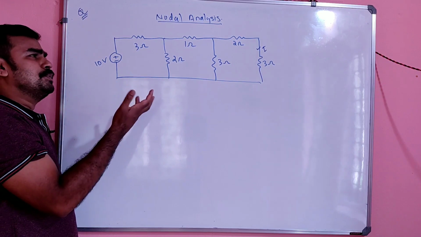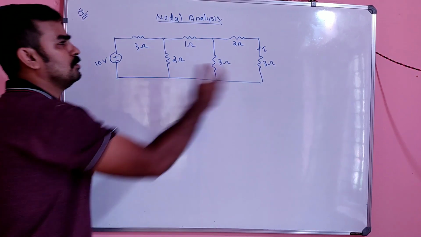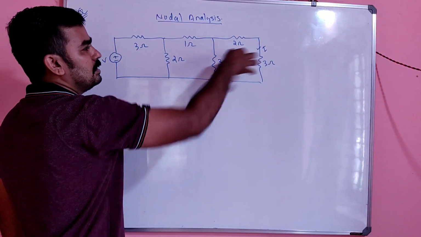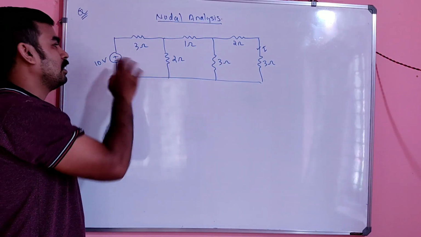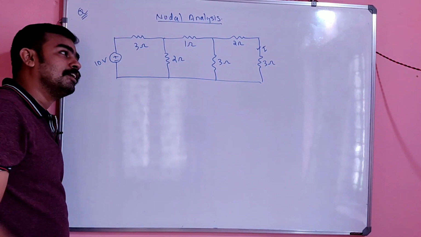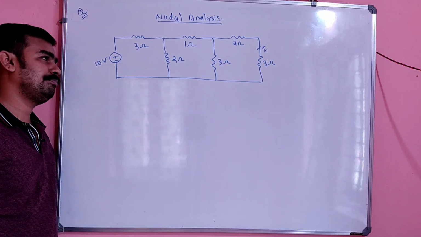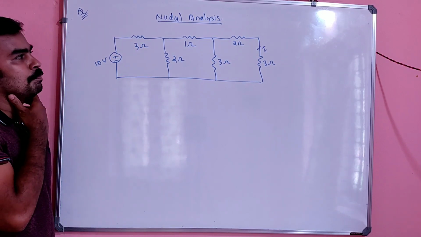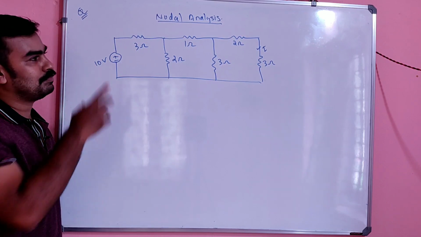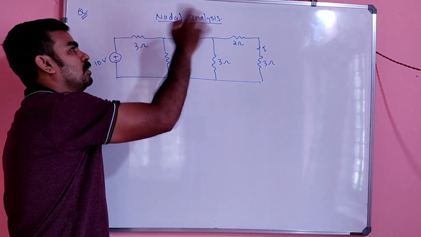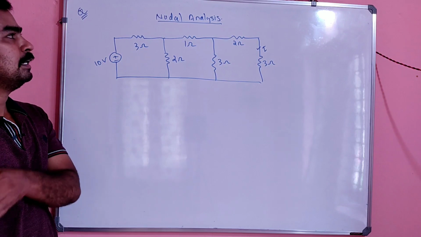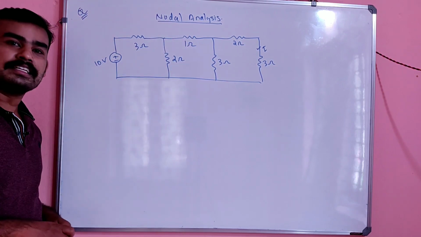You can easily do this by solving with series-parallel combination. With series and parallel, you have to find the total current, then again expand the branch and find the current through the current division rule also. That can also be done. But there is another excellent technique for finding the value of the current there, that is nodal analysis. If the circuit is very lengthy and complicated, you can try this method, nodal analysis.